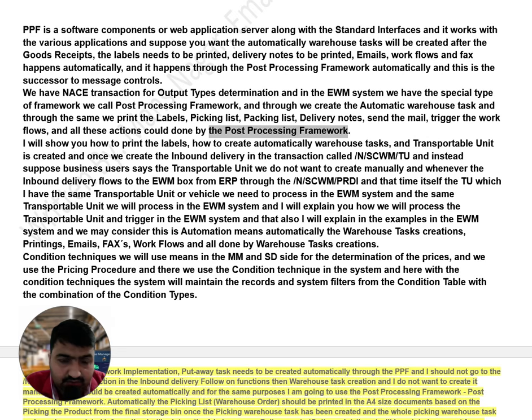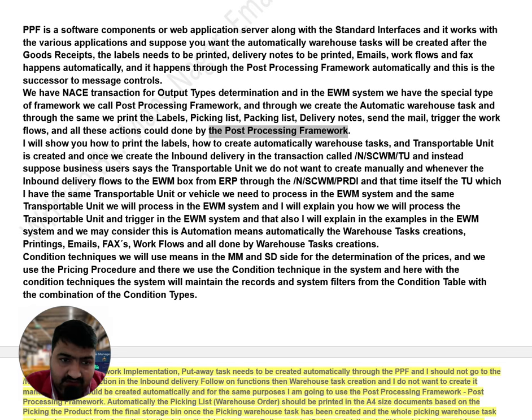I will show you how to print the labels, how to create the warehouse task automatically, and how the transportable unit is created. Once we create the inbound delivery in the transaction /n SCWM transportable unit, suppose business users say the transportable unit, TU, we do not want to create manually.